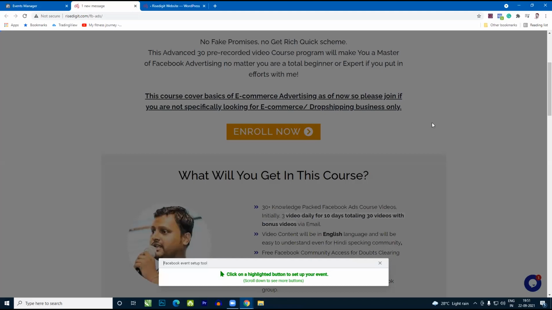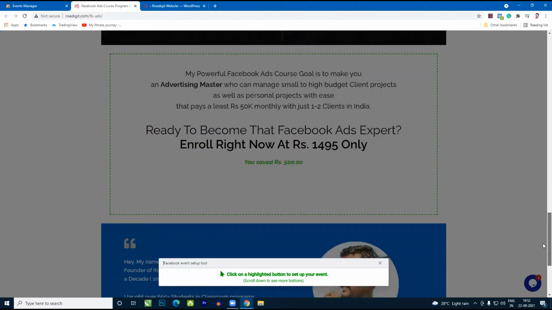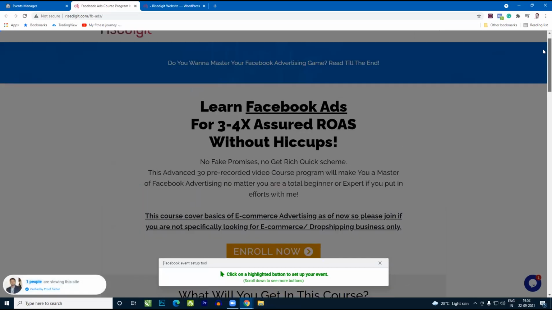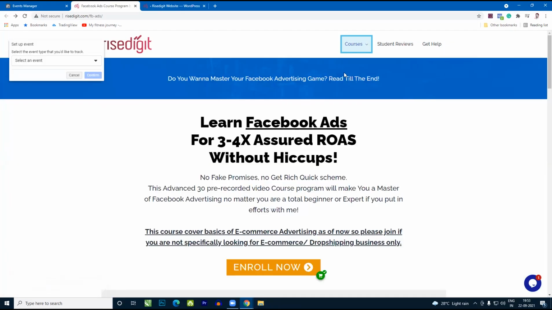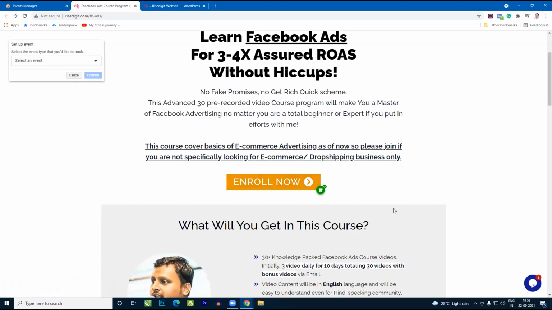So track new button. I already tracked all the buttons which I wish to, and you cannot see any button codes available here. Now these are the different ones. When you click on any of the buttons here, this is the button I tracked, maybe courses. Obviously, you are not going to track this menu item at all. It is just for the example so that you can understand how this setup tool works. So obviously you will be clicking on any kind of button like enroll now or buy now, purchase something. These kinds of buttons, which are going to be your action taking buttons, you need to track to see if somebody is actually clicking on these buttons or not.